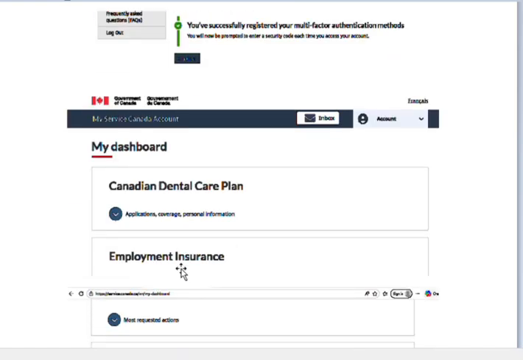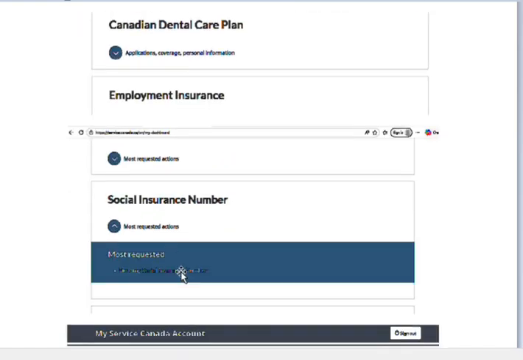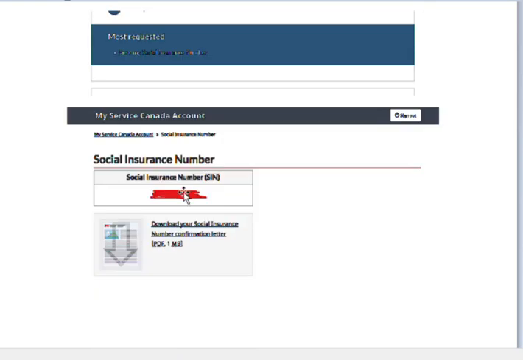Now if you go to your dashboard, there is a section of social insurance number. You click on that, and your social insurance number is shown here along with a link to download. And here at the bottom, I have not shown you here, but in the page you will see your details and other information will be present. So this is how you can retrieve it,